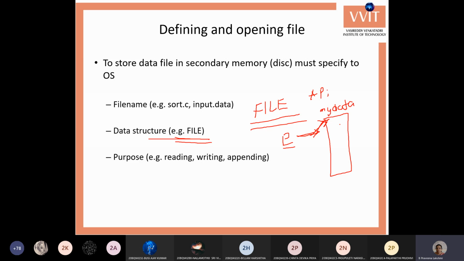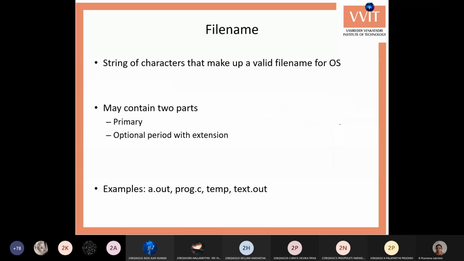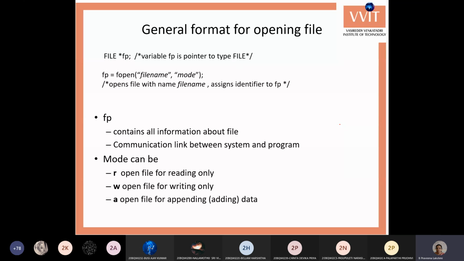Because here it is a memory location, it doesn't have any variable. It is a memory, and memory has an address. To store that address and point to that address, we create a pointer variable. The file name is a reference to the required data. Whenever you want to access any information in the memory, we require the file name.